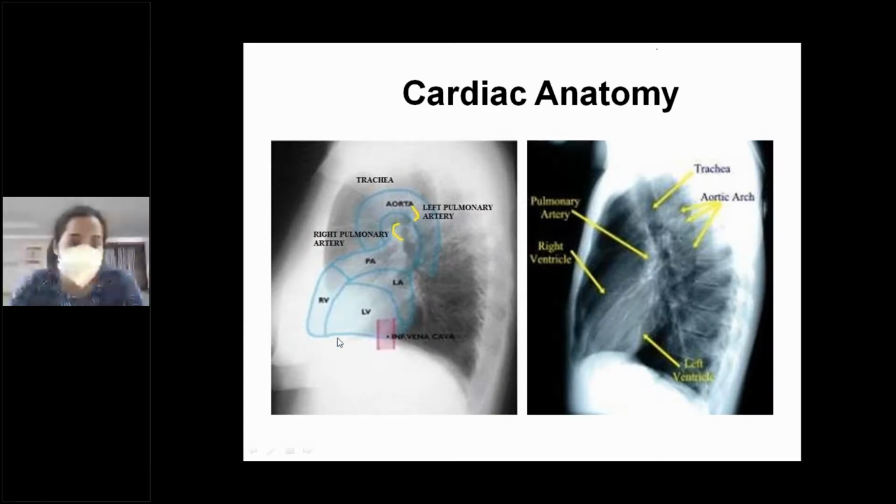So this is the right ventricle that is forming the anterior border of the heart on a lateral radiograph, and then you have the left ventricle inferiorly, and the left ventricle, the left atrial appendage and the inferior vena cava together form the posterior border of the heart. Now, why are we learning these relations? Whenever the heart enlarges, or if there is any disturbance in the relationship between the left ventricle and the inferior vena cava, you will be able to identify that there is a left ventricular enlargement.